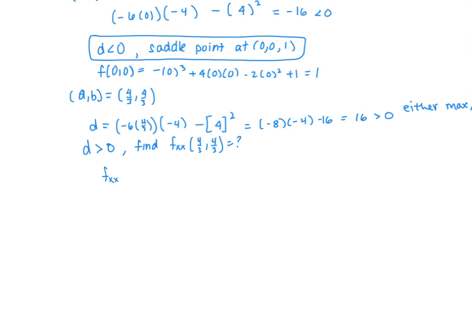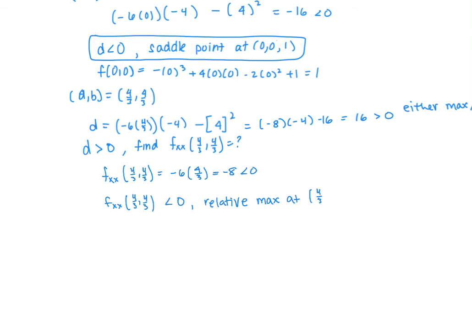Remember, fxx at 4/3, 4/3 is going to be negative 6 times 4/3, which is negative 8. Since that's less than 0, that means I have a relative maximum. So fxx at 4/3, 4/3 is less than 0, so I have a relative maximum